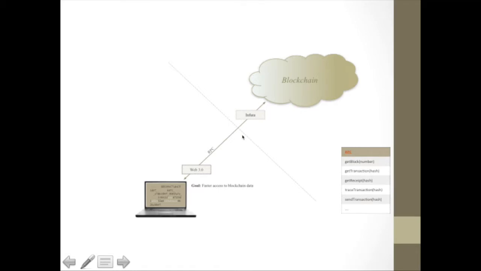We found this method to be inadequate for two reasons. First, it was too slow, and second, Infura is centralized. The dotted gray line represents the boundary between a centralized world and a decentralized one. Our next obvious step was to move the Ethereum node locally. This greatly increased the speed with which we could query the data, but now we realized we had a more